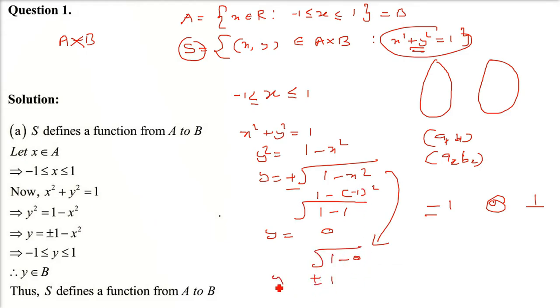So what do you see here? The range and the domain. That is -1 to 1, x was lying, and y is also lying between -1 and 1. Since it is quite obvious that A and B are the same set, as given in the question, we are getting the ordered pairs, and this is defining a function which is S. So A is the answer.